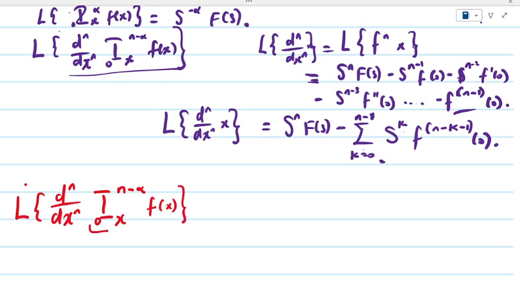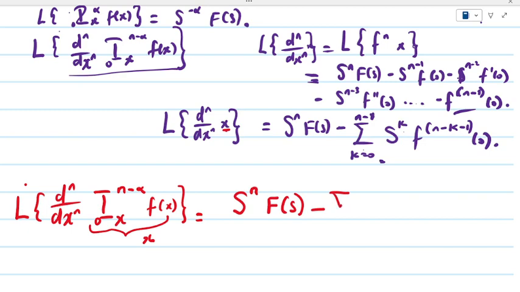I will take the whole of this to be f of x, then I will follow this pattern. I'm going to have s^n times the Laplace transform of f of x